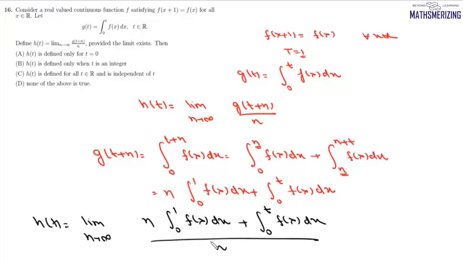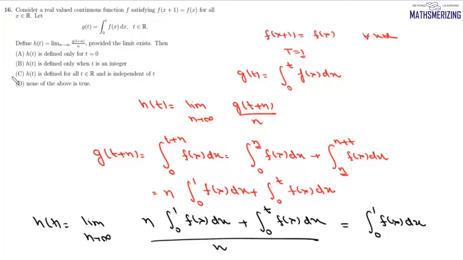Now we split it in two parts. This n and n will cancel, and 1 upon infinity will be 0. So this h(t) will be nothing but the value of the integral from 0 to 1 of f(x) dx, which is a constant function. So this h(t) is defined for all t belongs to R, and it is independent of t,